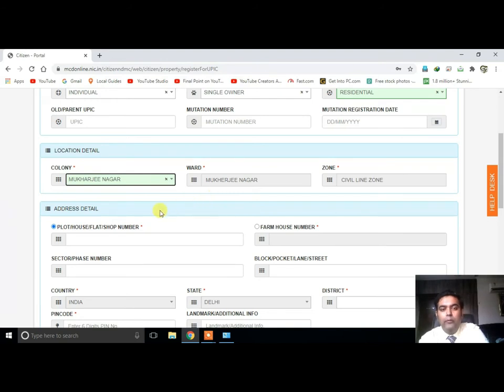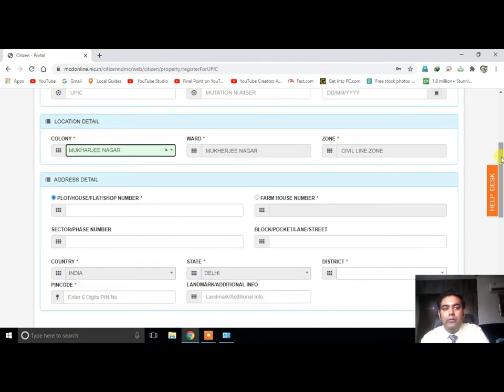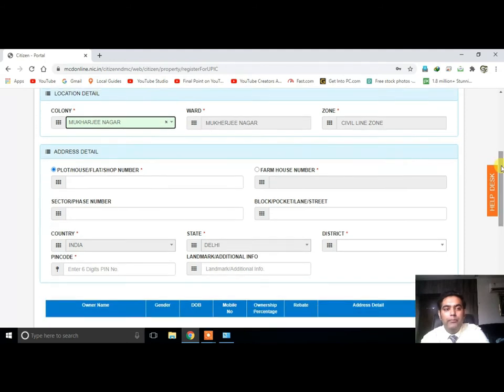Ward and zone will come automatically after you select the colony. After that, enter your property details like plot, house, flat, or shop number. I will just show you, I can enter any property number.